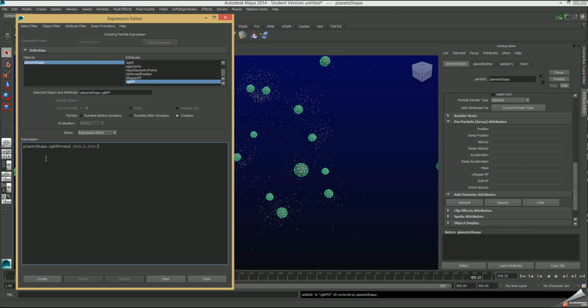So that's our expression. Let me just talk about this for a second before I create it. You're going to take your planet shape node and connect it to the RGB PP, and what you're going to tell it to do is randomize all of those channels all the way between 0 and 1. So all the different colors of red, green, and blue are going to occur through all of these planets. So we've got it typed. I'm going to hit create,